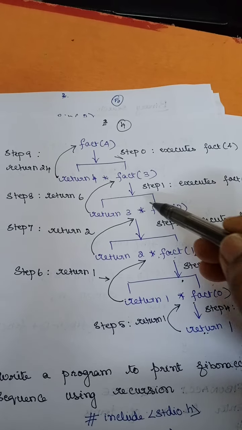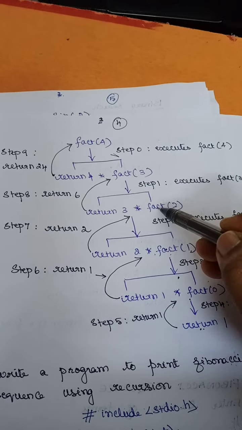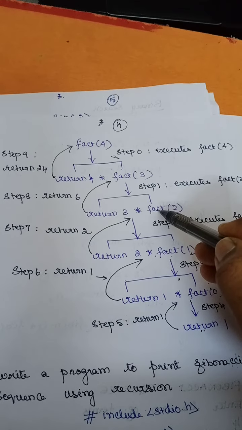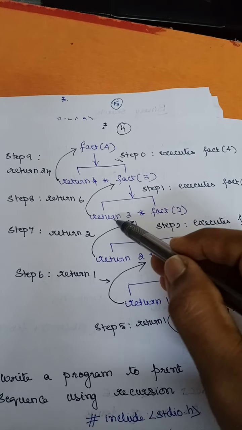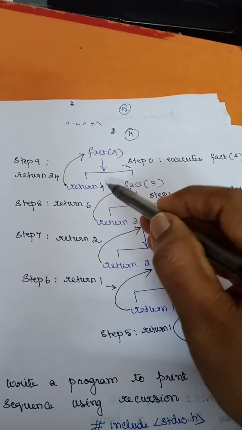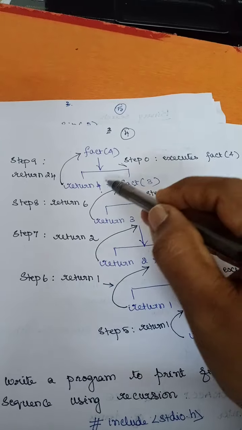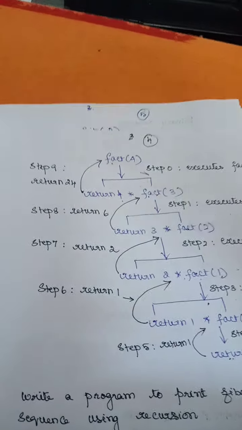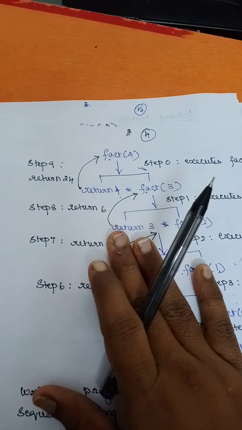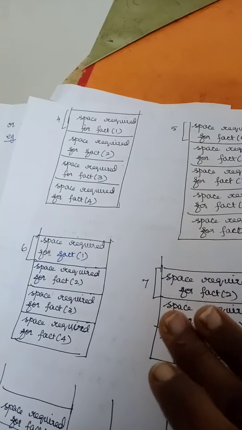For this, this is going to be the caller. So I will return here, right? So 3 into 2. So 6 will be returned here. And 4 into 6 is going to be 24. Is that clear? So the same thing only is being represented like this here.